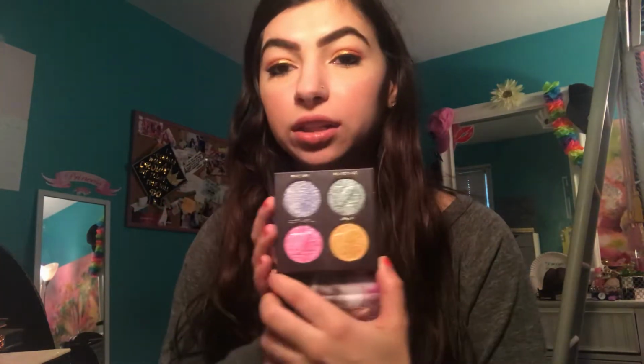They are multi-chrome, so they have shifting. This pink has a blue shift, this yellow has a pink shift, and then there's a blue and a green, and they're just so pretty. I've only used the yellow on my eyes so far, but I'm really excited to use the rest of it because the yellow, La Freak, is so pretty. It was amazing on the eyes, so I'm super excited about this new little palette, and it definitely hits home with me